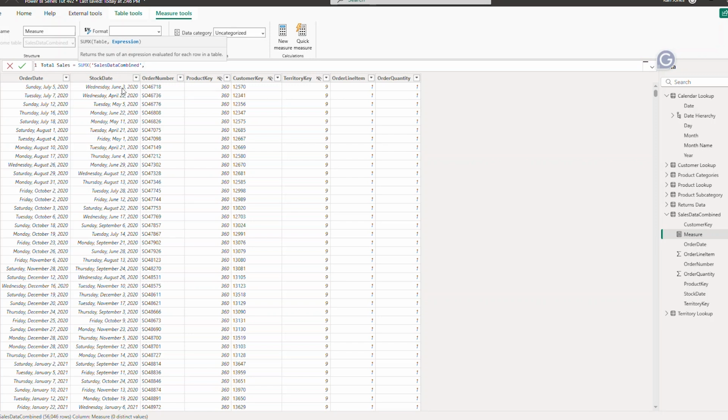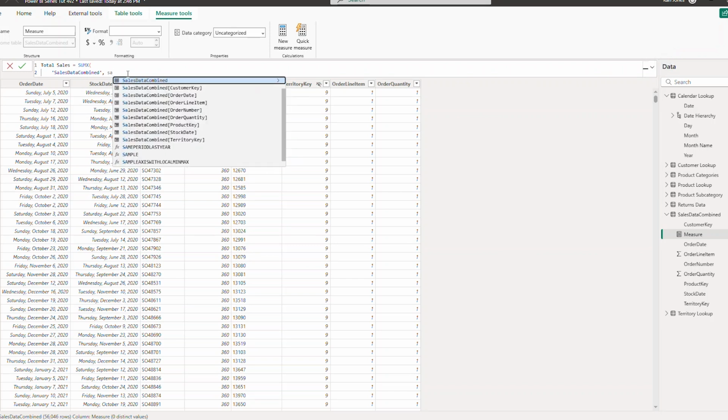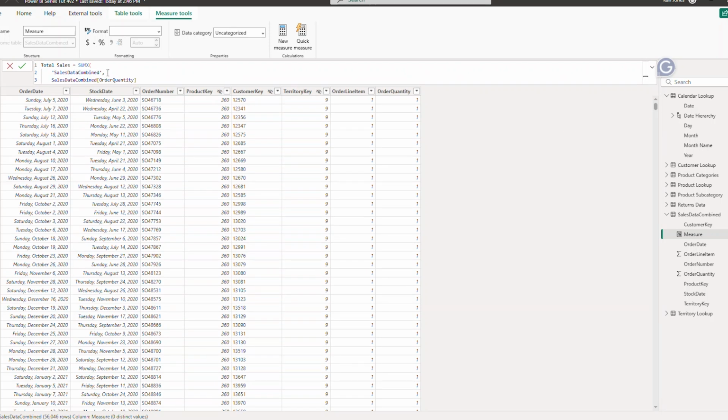Now I can get the expression. So here, I'm also going to go ahead and hit that enter, get that into that format I was talking about originally. So sales data combined, and then I'm going to go sales data combined order quantity. Actually, I was supposed to jump that down to the next line also, so let me see, Shift Enter. There we go. And then I'm going to go ahead and multiply this by